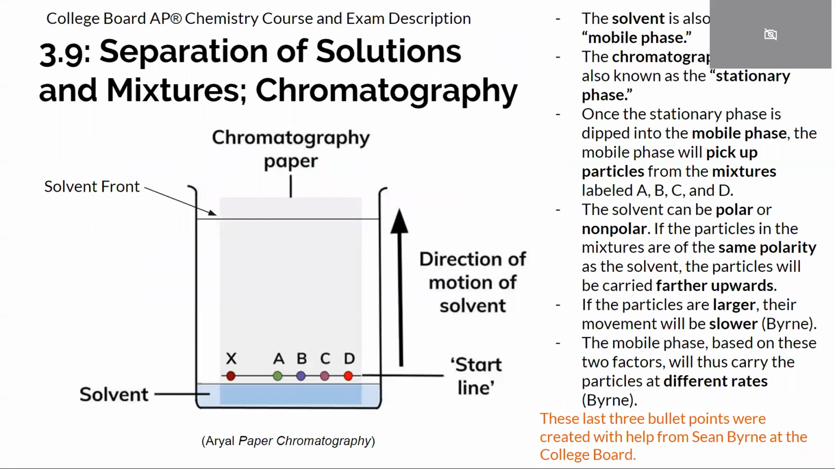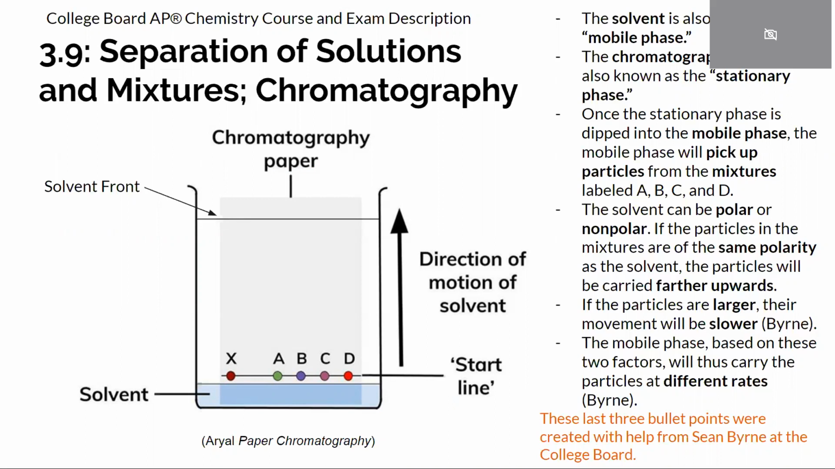And so here on the left is just a basic setup. So we have the chromatography paper, we have the solvent front, and we have the start line, and of course the direction of motion of the solvent. And so on the right side, these are just some aspects of this chromatography